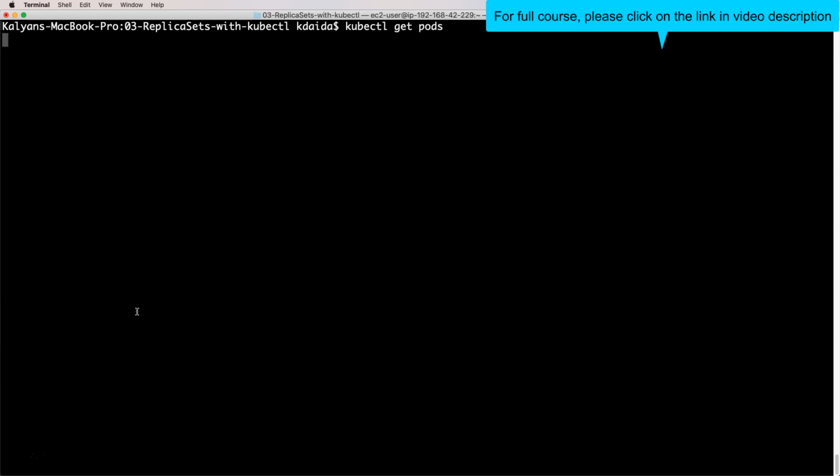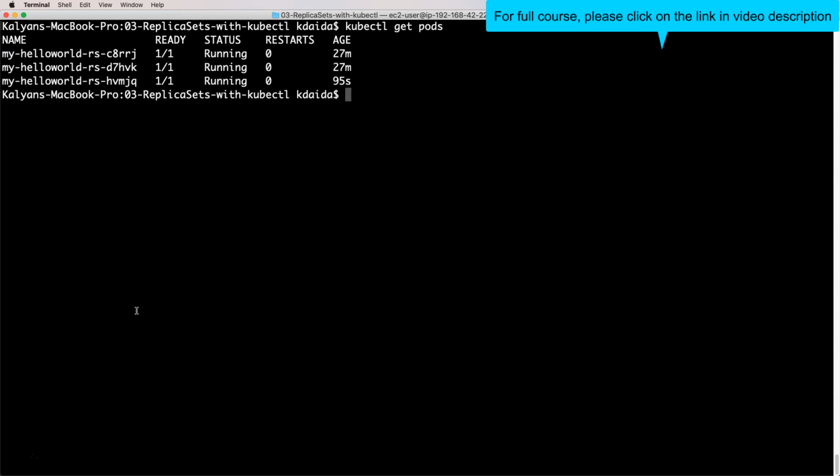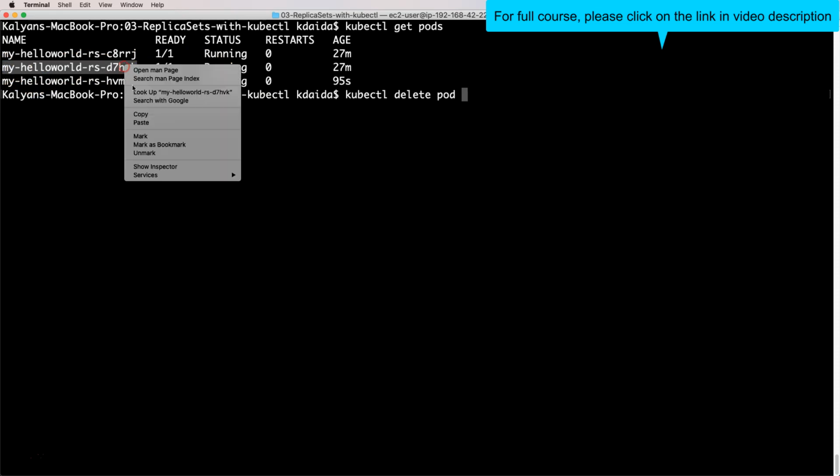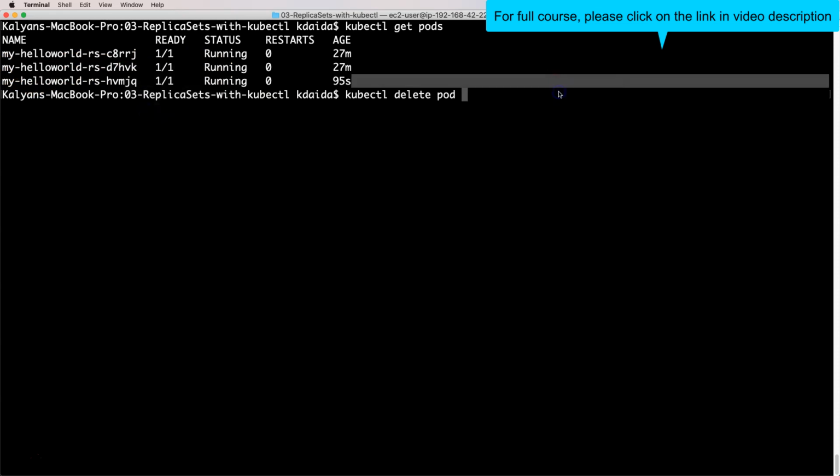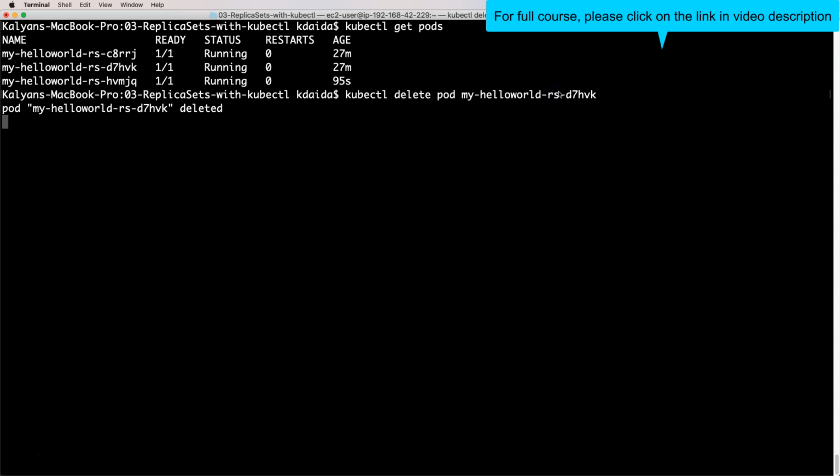Once we have deleted the pod, you see that the old 2 pods have an age of 27 minutes, but for the one we deleted, the replica set automatically created a new pod, which is 95 seconds old. If we want, we can delete one more pod. kubectl delete pod, and we'll also delete our D7HVK pod. In that place the replica set should create one more pod.